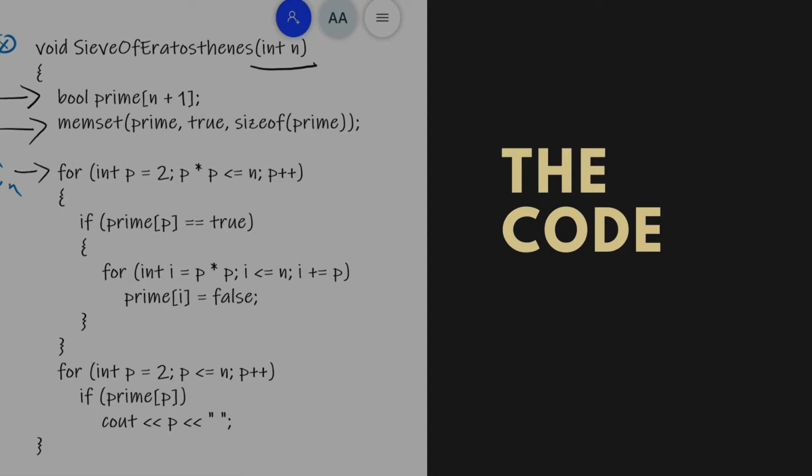We'll run the loop up to n and we'll iterate the loop by p because we have to check the multiples of p. And we'll set every multiple as false. So we are done with the loop. Here we'll print all the prime numbers. So basically at the end all the prime numbers will be true because we have made all the others false.